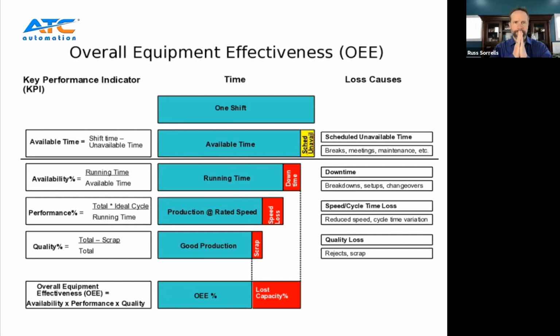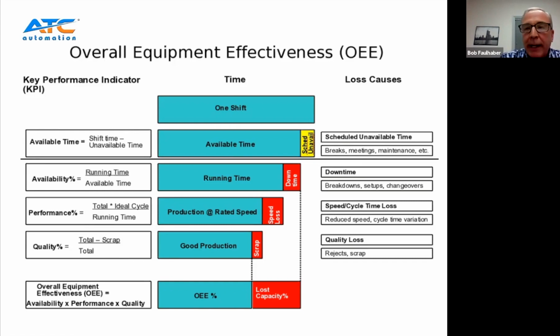Okay, good. So this next diagram identifies the steps in determining OEE, and it also highlights how these three measures impact one another. That interrelationship is a very important part of it, and it's what drives that end number. I'll talk about that in the next slide as we go through. So the first thing we start with is a shift. I'm going to use a shift of production. Could be 8 hours, could be 10 hours. I'm just going to say the total time we have is one shift of production.